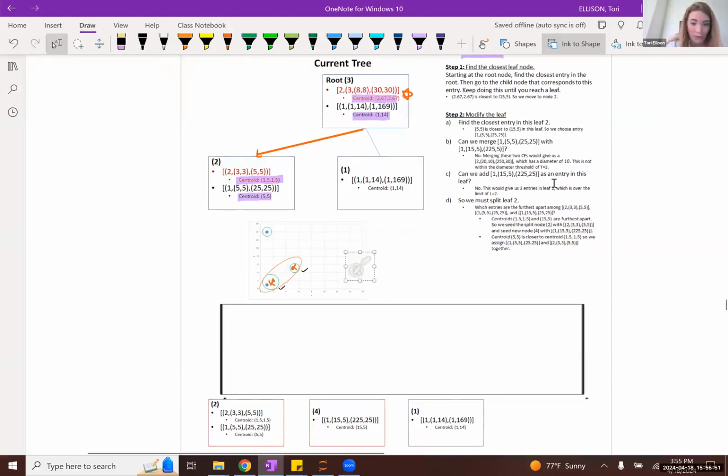Therefore, those two subclusters are selected as the seeds for our two new leaf nodes, which are a result of the splitting of this leaf node. Then we take all remaining subclusters and assign them to their closest seed subcluster. So this subcluster here would be assigned with this seed subcluster here.